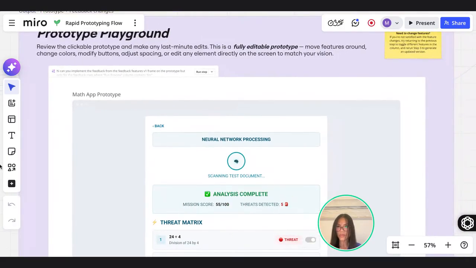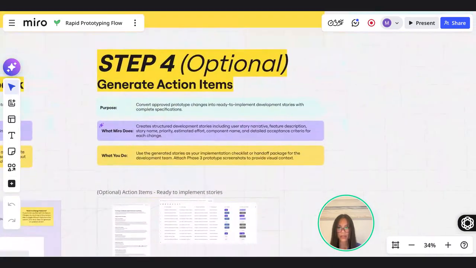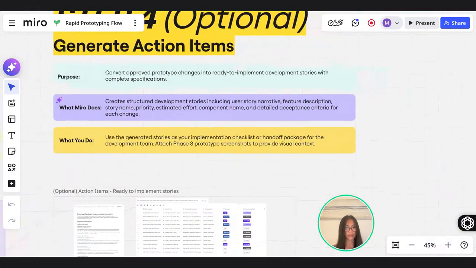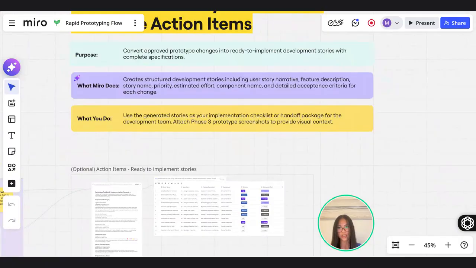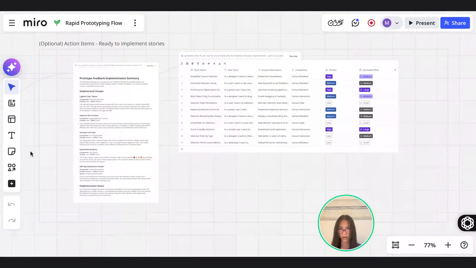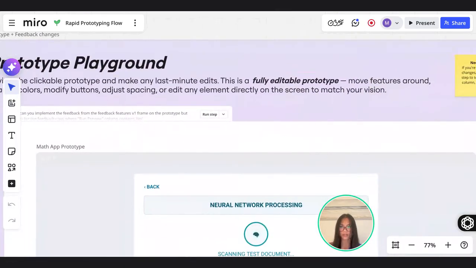And this is the final step. However, Step 4 is optional in case you want to generate any action items or ready to import stories. You can do that by running the flow step here. Or maybe you're a solo builder and you're trying to get a change log for your release notes. You can run this step or just skip this step entirely and hand that prototype off to your dev team